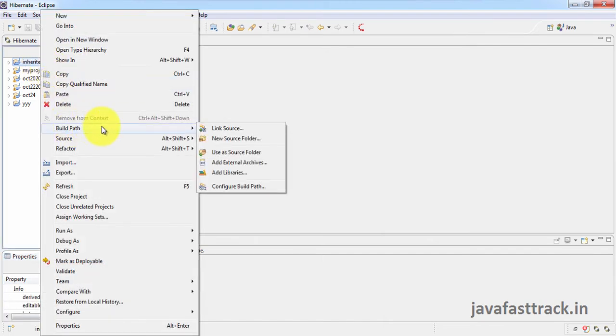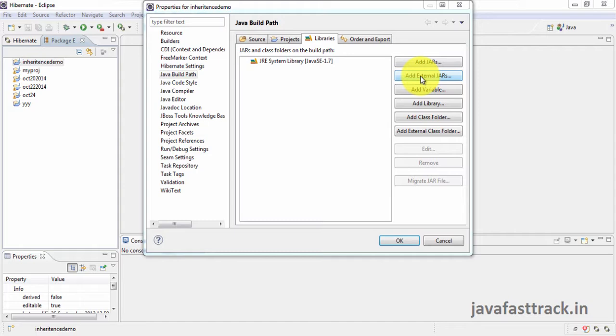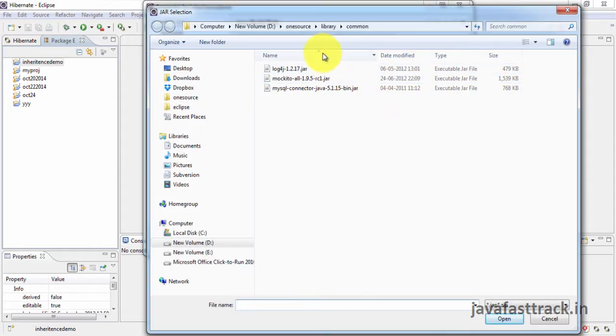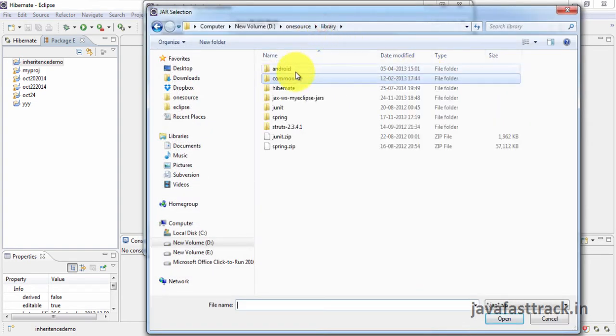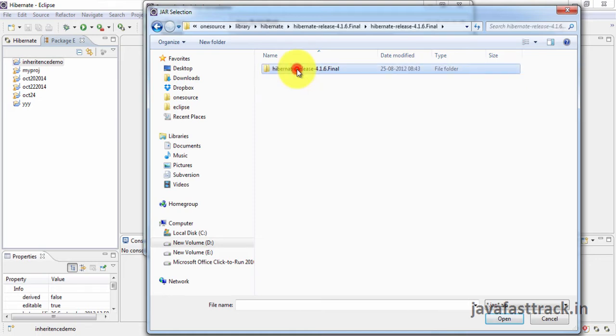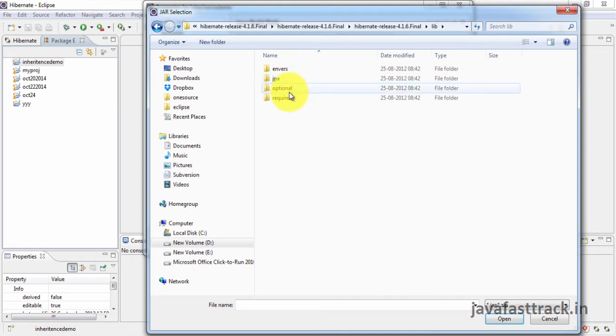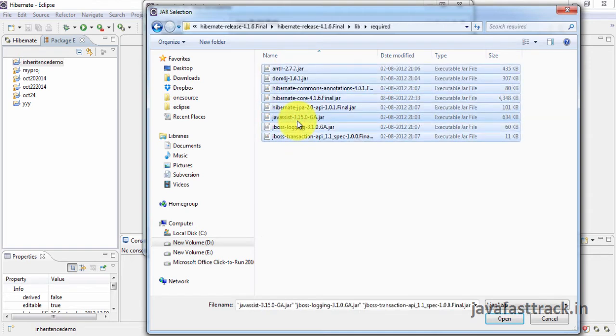As usual, go to build path, configure build path, add external jars and add Hibernate jars and MySQL jar. Add all the jars in the Hibernate required folder.